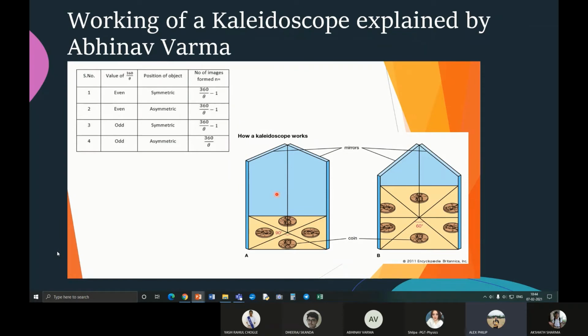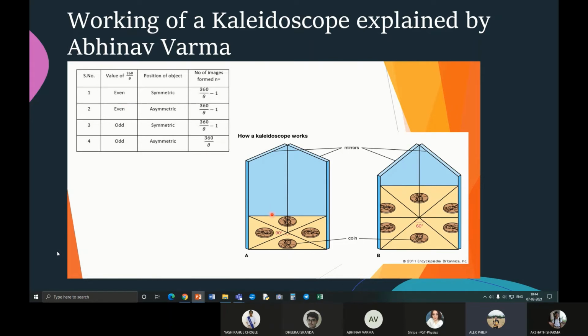And these are a few important formulae which allow us to calculate the number of images formed when you have two mirrors inclined to each other at an angle theta. So let us look at the first case. The mirrors are inclined to each other at an angle theta, and theta is 90 degrees in this case. So what we should do first is calculate the value of 360 upon theta. We should be getting 360 divided by 90 degrees, which is 4, and 4 is an even value.